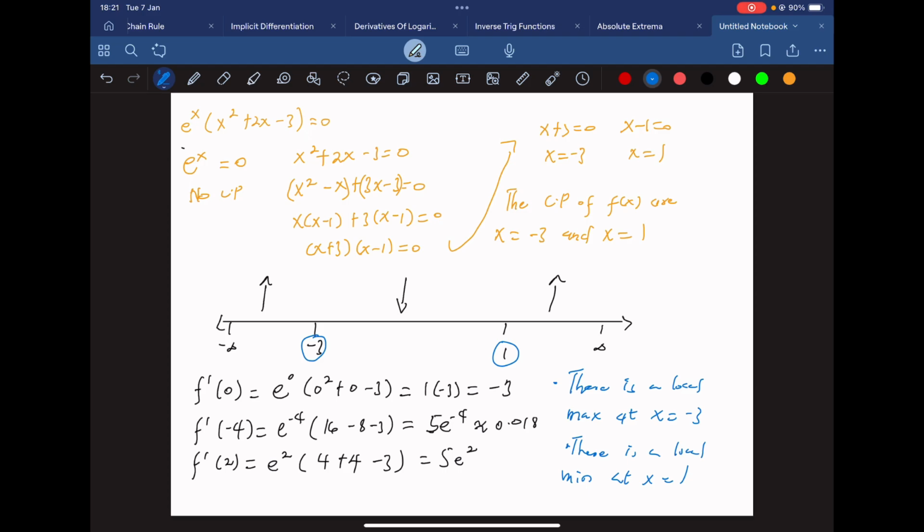Now, after checking the local max and local min, we have to check where the function is increasing and where it is decreasing. Using this, the function is increasing where the arrows are showing up. So we have -infinity to -3, and it also increases between 1 and infinity, but it decreases from -3 to 1. I hope this is clear enough. Okay,